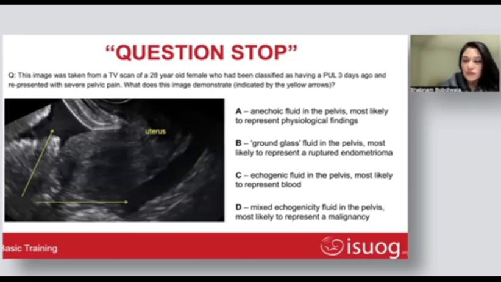And final question, stop. We've got time for one more. This image was taken from a transvaginal scan of a 28-year-old female. She'd been classified as having a pregnancy of unknown location 3 days ago and re-presents with severe pelvic pain. So what does this image demonstrate, indicated by the yellow arrows? It's not the best quality image, but I'll just orientate you slightly. So this is an empty bladder. Okay. This is the uterus